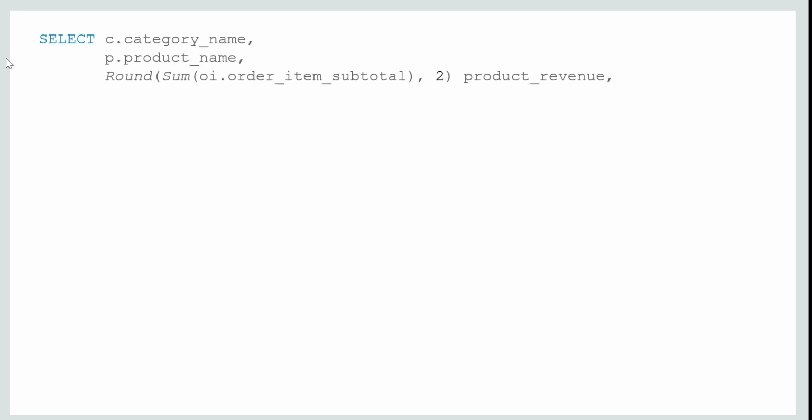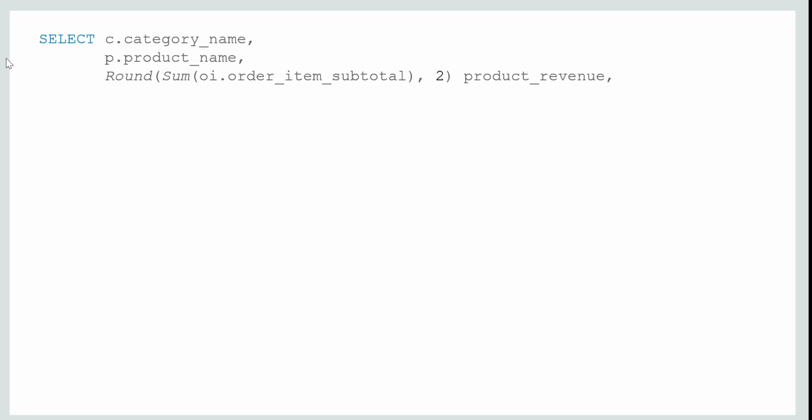So we have to select category name, product name, and we have to select the top 5 best products. That means we have to calculate the total revenue for every category and product. So we have a column order_item_subtotal in order items table that we will be using for calculating the product revenue.